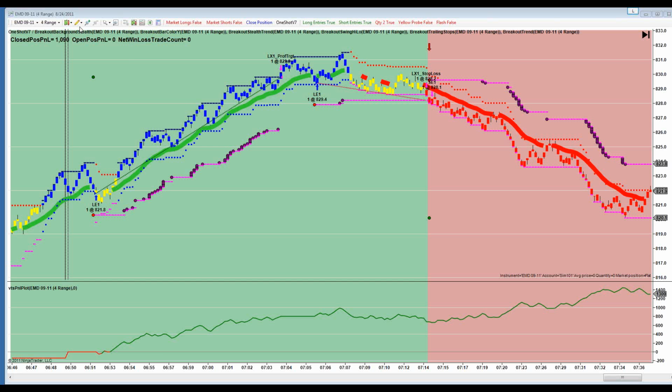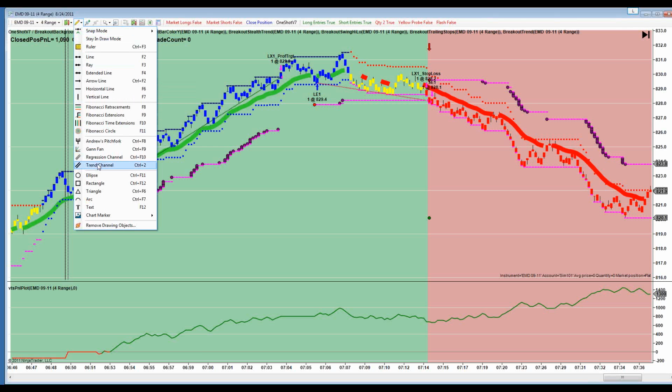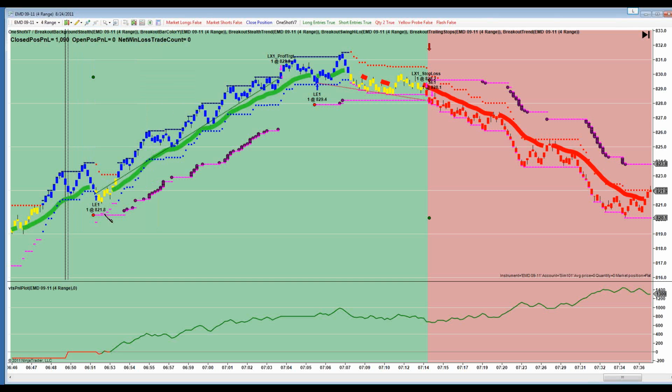By the way, just to make sure everybody's still awake here, anybody tell me what type of trade it took here? I know it's a long, but what type of trade? One Shot only takes two by default, so you've got a 50-50 shot. What type of trade did One Shot take there? Anybody? What type of trade did One Shot